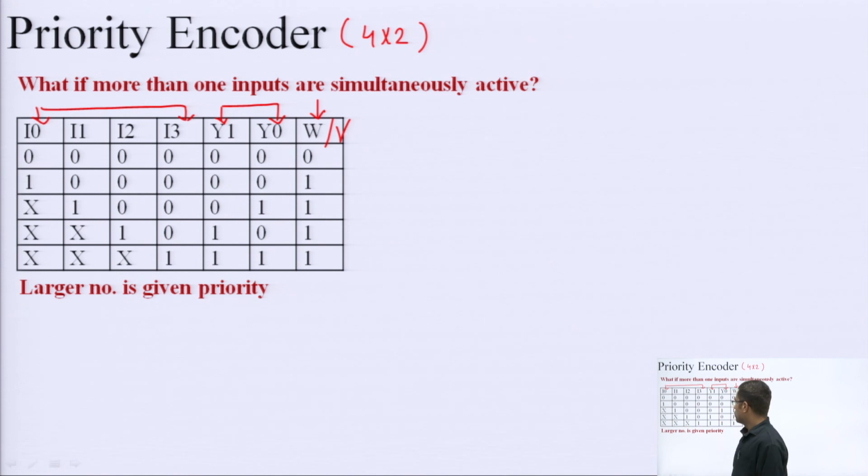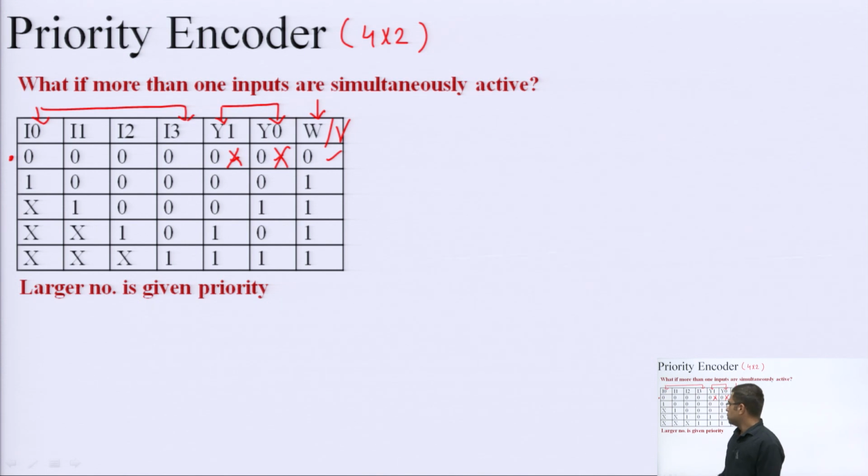So, we can check that in this first row none of the inputs is high. So, this 0 0 is due to the non-working state of the circuit, or I can put cross here as well, that means these are don't care terms. And V is equal to 0 because the circuit is not giving a valid output, because none of the inputs is high. For encoding purposes at least one of the inputs should be high, so that encoding takes place, but none of the inputs is high. So, validity is 0, that means the output is invalid.